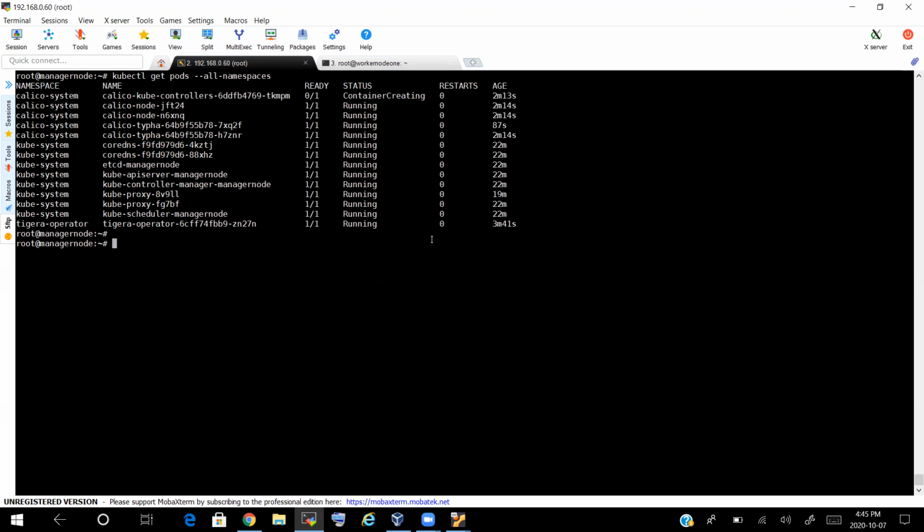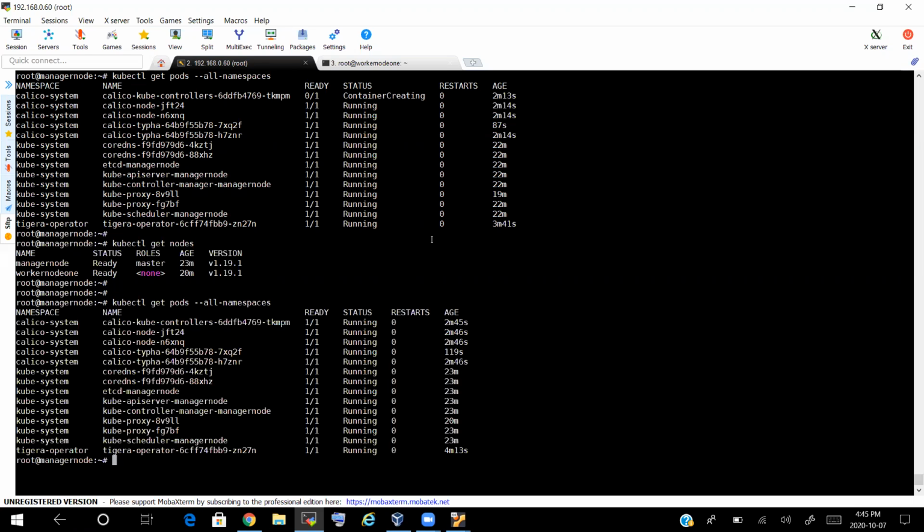Only when the pods in the Tigera operator namespace, the Calico-system namespace, and the kube-system namespace are up and running will the status of the nodes be shown as ready. Okay, kubectl get nodes. You can see now those are in ready status. Why? Because your pods are created successfully.